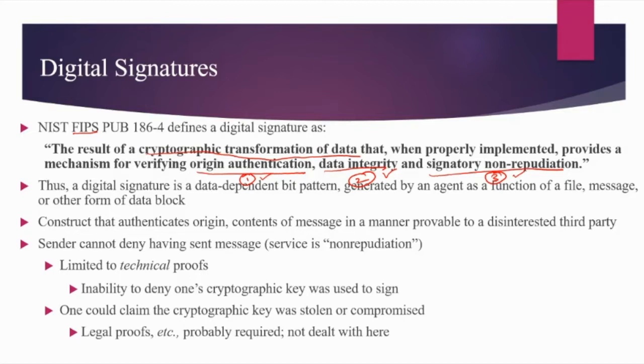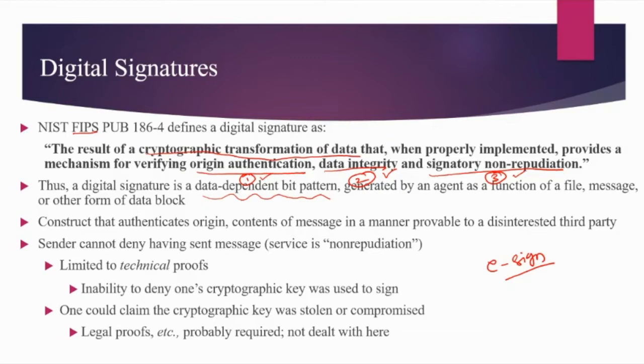Therefore, a digital signature is a data dependent bit pattern. The input to the digital signature algorithm is the message itself. So depending upon each message, the signature with respect to the message changes. This is how digital signatures are different from e-signing. When we e-sign something, our signature remains the same. It is not dependent upon the message. Whereas in a digital signature, the pattern or the signature depends upon the message. With the message, the signature changes. So this is an important difference between digital signature and e-signing.